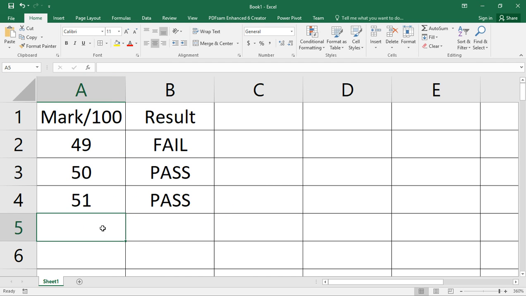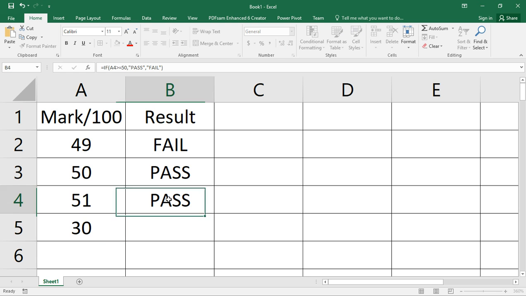So if I put 30 here, you observe that if I apply autofilling, it will be a fail. So I don't need to write this formula several times. Maybe I have 1,000 students, or 1 million students, whatever the number, I will just apply the same formula to other cells once.